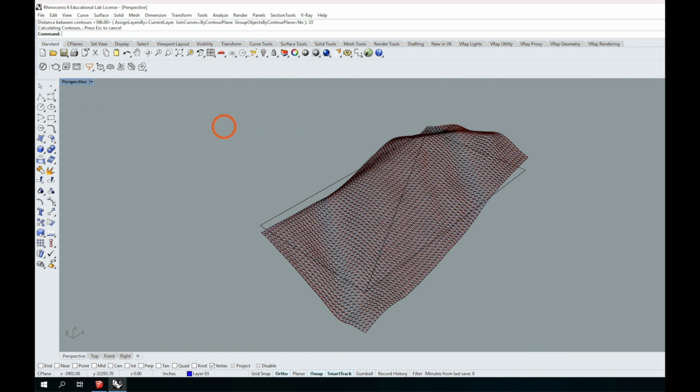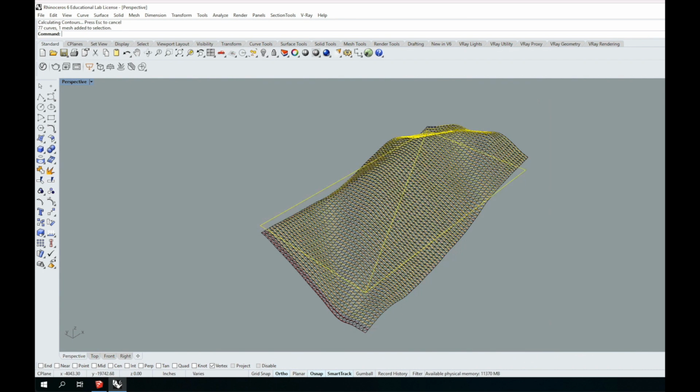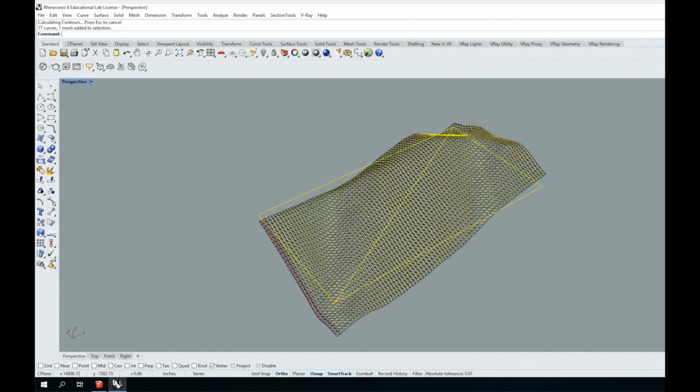There we go. They do the contour of both the surface and all the curves. So in this case, I have the surface and I have all the curves. And if I went and did the contour of those two,